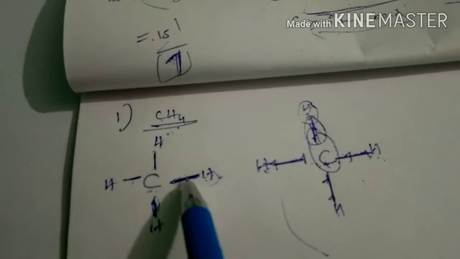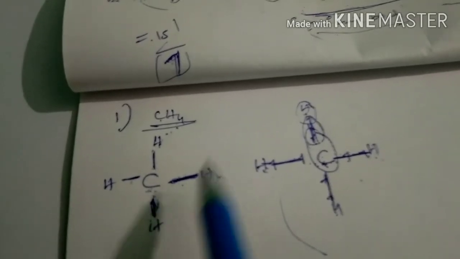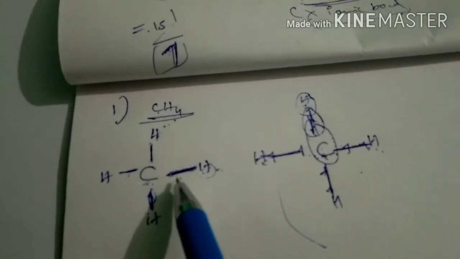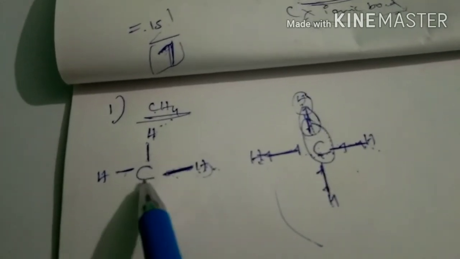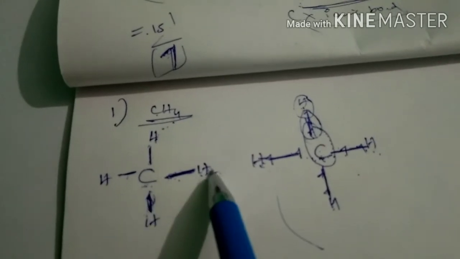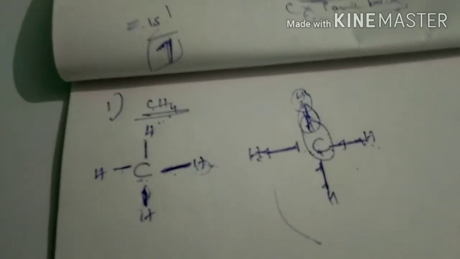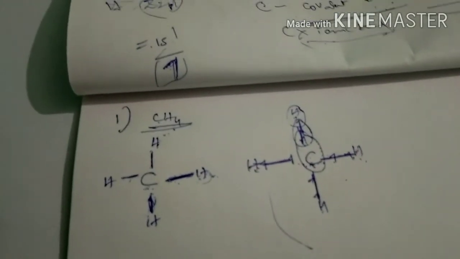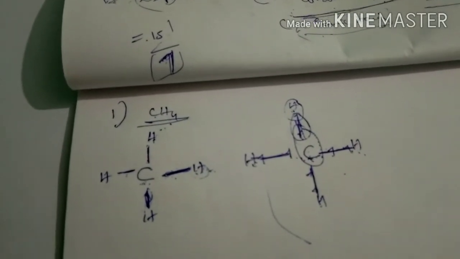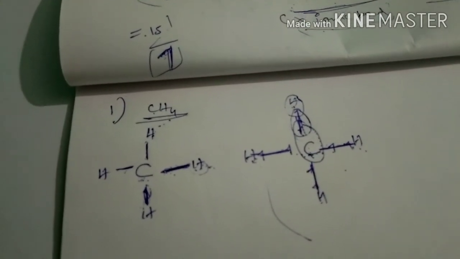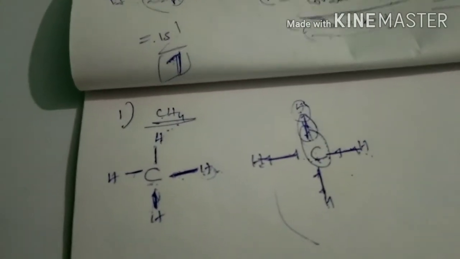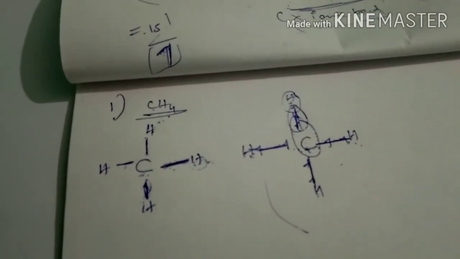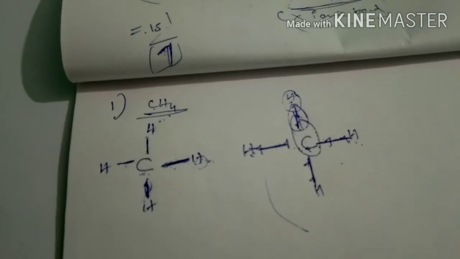But before forming a covalent bond, the 2 electrons do not belong to both atoms. One electron belongs to carbon, one electron belongs to hydrogen. That means those electrons belong to individual atoms before forming a covalent bond. But after forming a covalent bond, those 2 electrons belong to both atoms. That is called sharing of electrons. That bond is called covalent bond. So here you have to remember what? Covalent bond is called what? Sharing of electrons takes place between 2 atoms equally. Then that bond is called covalent bond. Anywhere carbon forms how many bonds? 4 bonds. Hydrogen forms 1 bond.